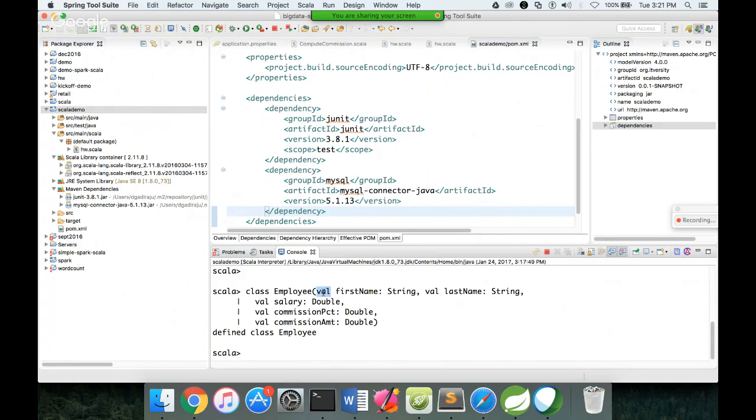If you want to create them as instance variables where they can be manipulated, you have to say it like this: class employee var firstName string, var lastName string, and so on. As long as you specify all these variables as var, they will become instance variables. Okay, and it will have a default constructor. You need to specify a default constructor if you want to build a constructor on top of this,